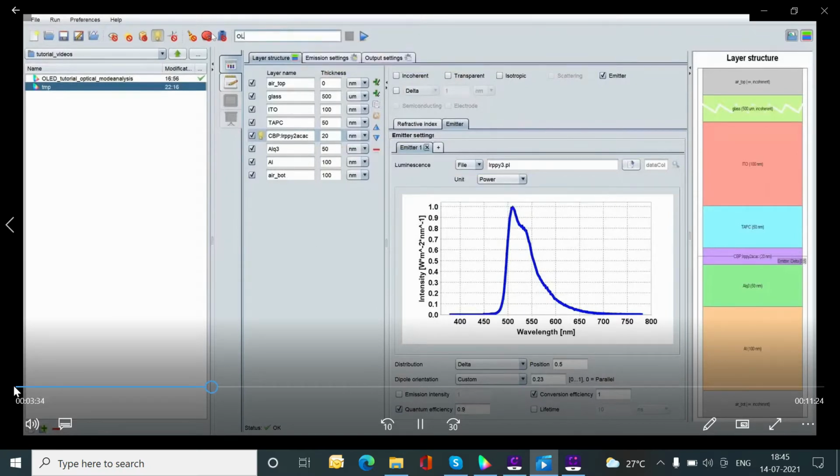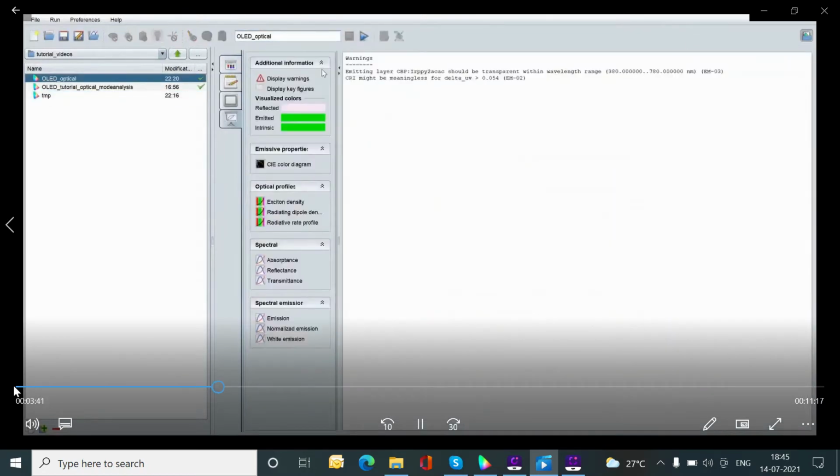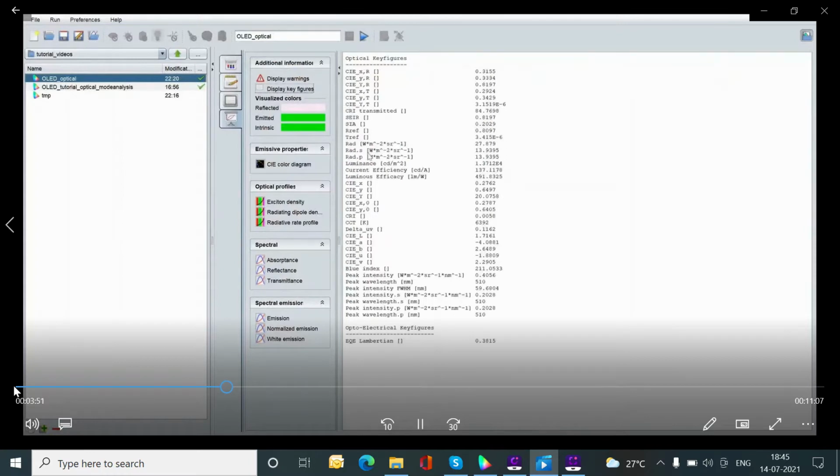Now we can rename the simulation to something like OLED optical. The calculation is very fast. We immediately see here this bright green color that is emitted. But you can also check the stack performance parameters in the key figures like luminance, current efficiency, luminous efficacy, or the EQE, assuming a Lambertian angular distribution of emission, because so far we did not specify any angle.